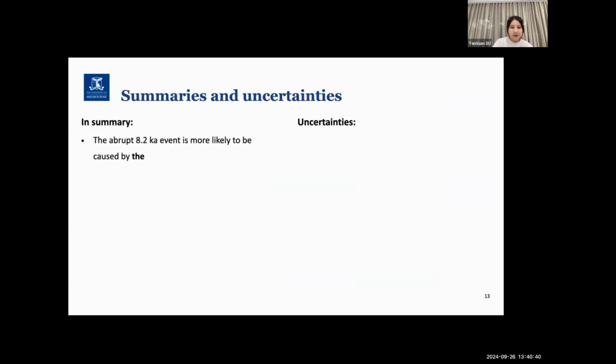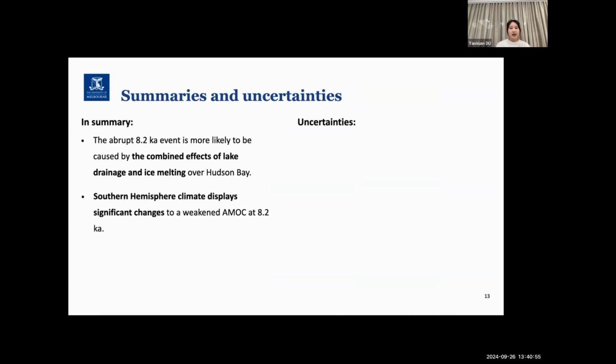So basically, in summary, the 8.2 ka event is more likely to be caused by the combined effects of the lake and also the ice melting from our model simulation. And Southern Hemisphere climate displays significant changes to a weakened AMOC at 8.2 ka in our long, 100-year duration process, which is